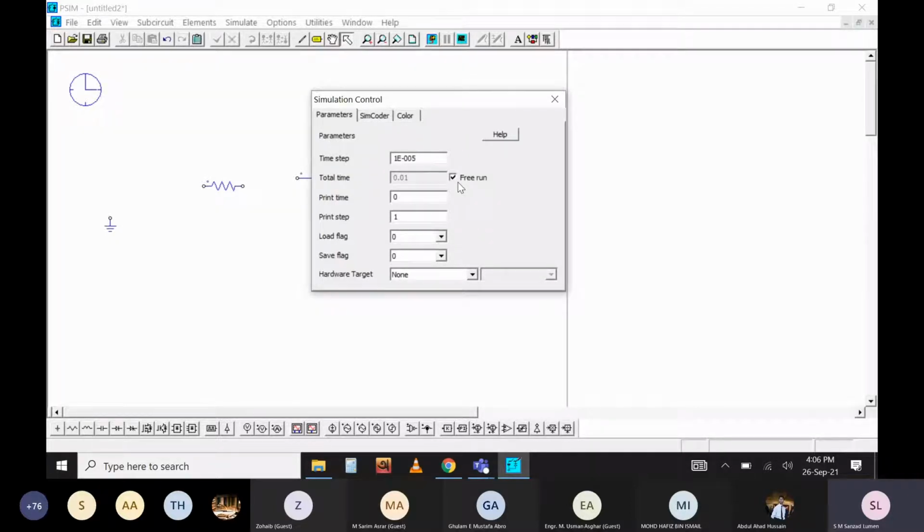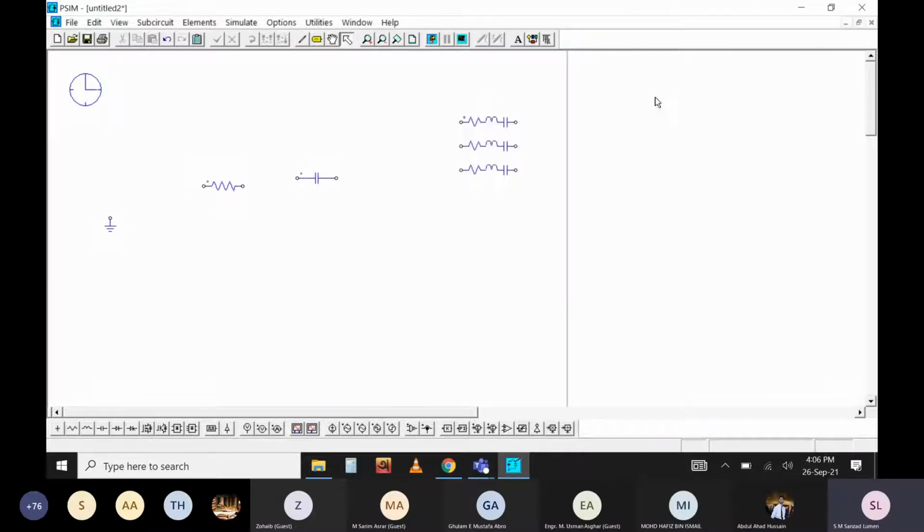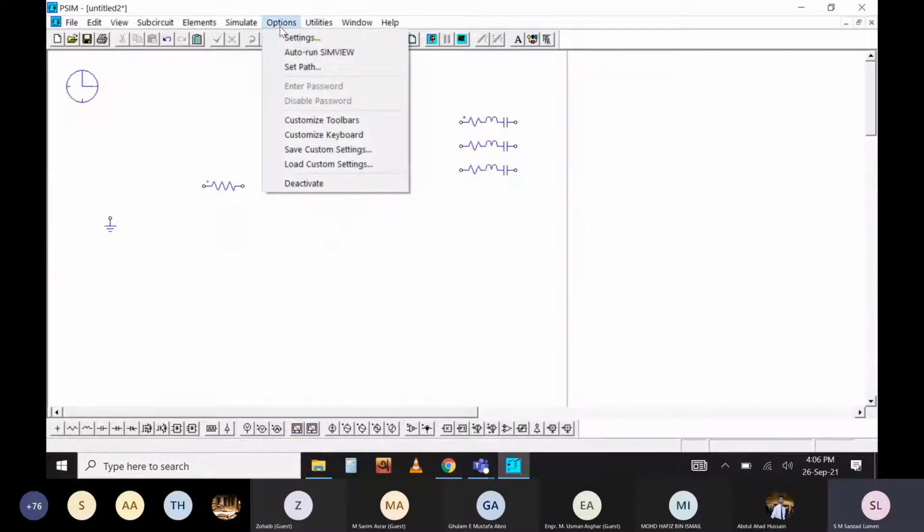The other type of simulation is if you want to specify the simulation running period, like you want the circuit to run for 2 seconds or 5 seconds or 1 millisecond. In that case, you can define the time here. It will run for that particular period of time and then show you the result. So these are the two modes of running a simulation. Once we build the circuit, I will demonstrate the difference between these two modes. As of now, just remember that for every simulation, you need to put this simulation button.